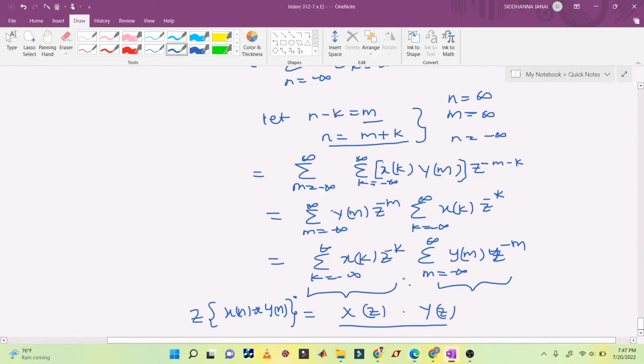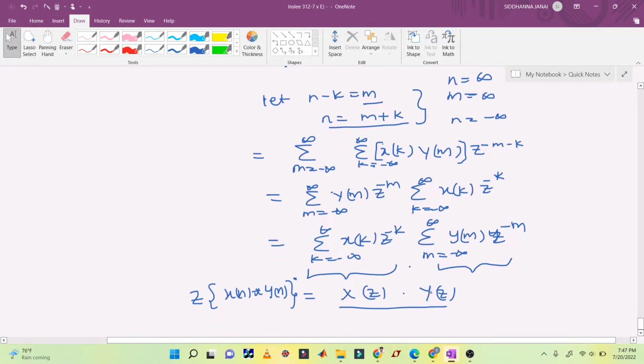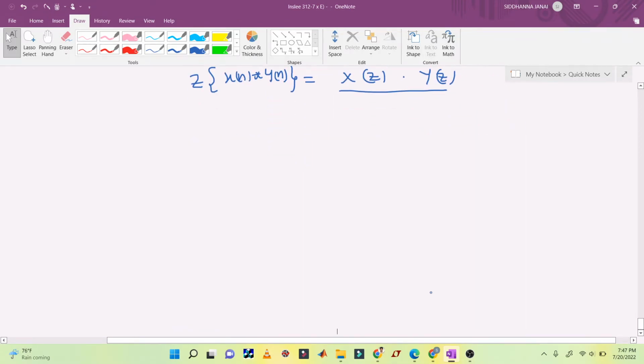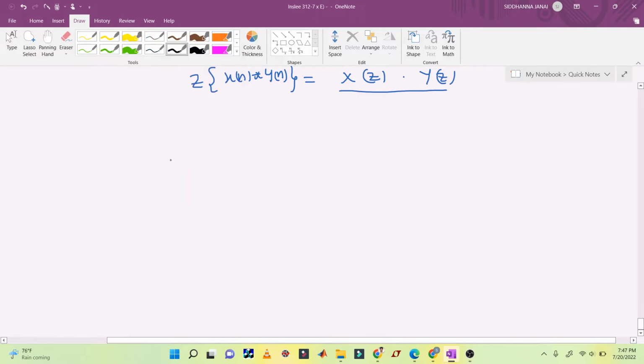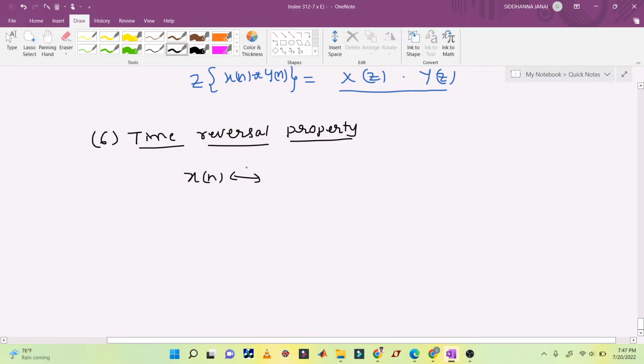Sixth property we have is time reversal. If x of n will give us the z transform as X of z, then x of minus